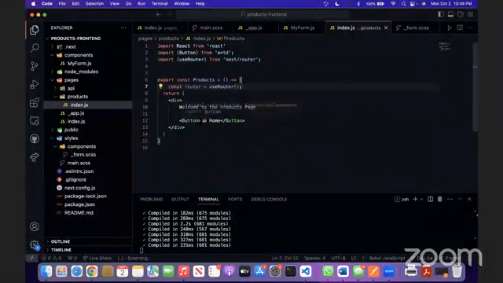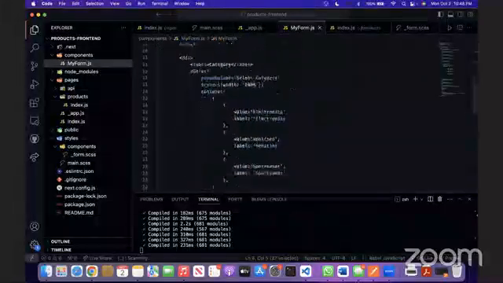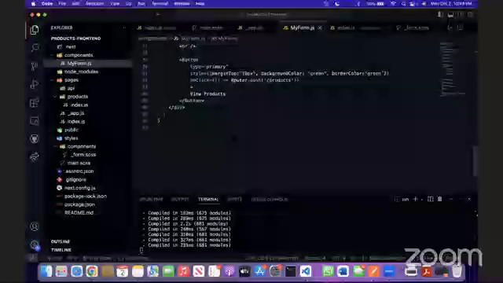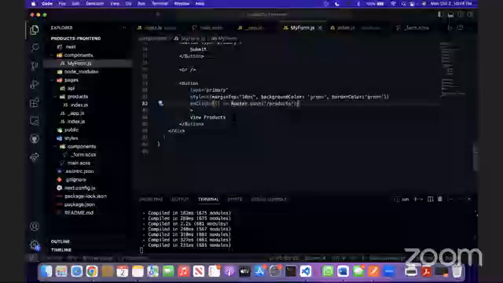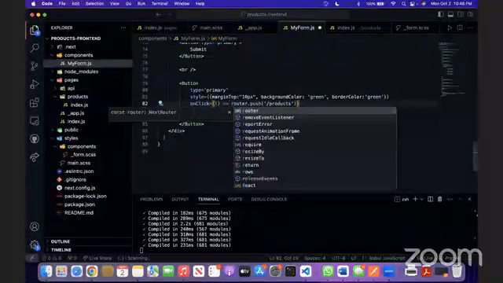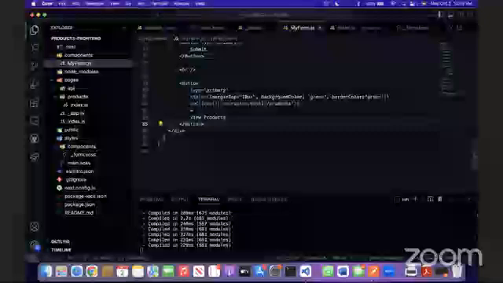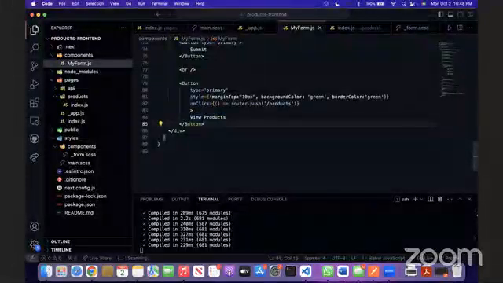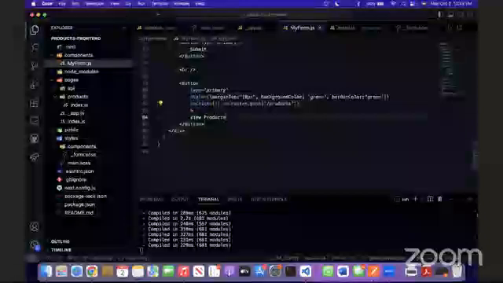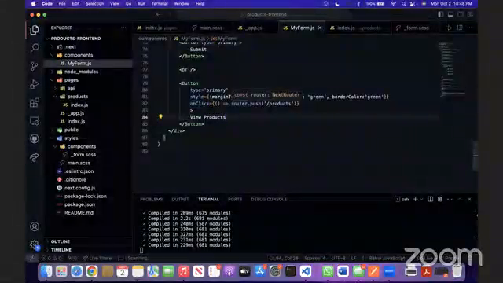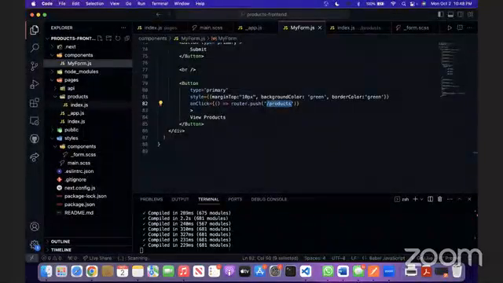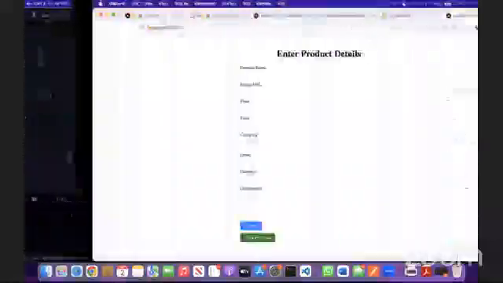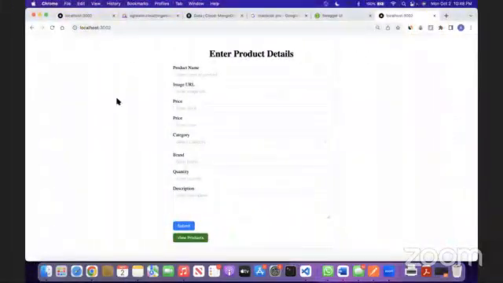Okay, so basically when the view products button gets clicked, on click, it's going to push to this route, which is our /products route. So if we try it out, this is what we have here. If we go to view products,